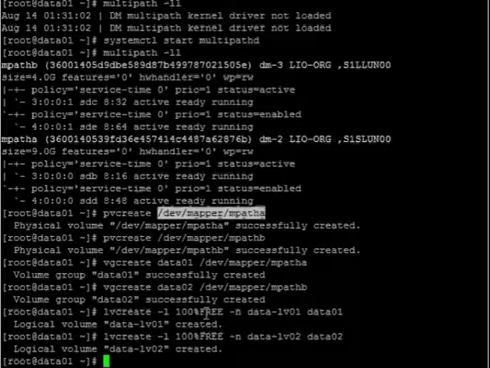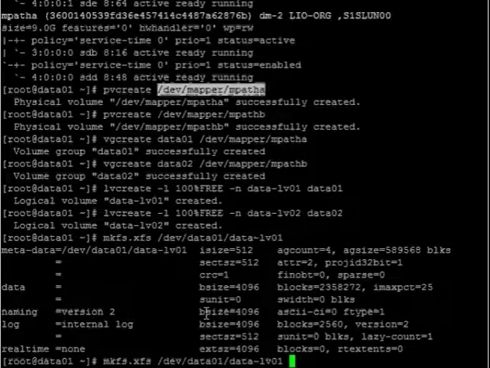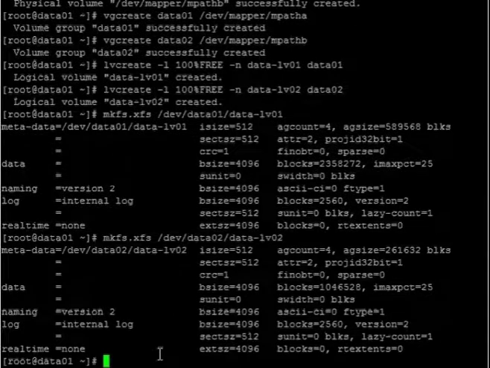Now let's make the file systems on the partitions. So we have completed the first one. Now let's do it on the second one. So we have completed the second partition also.